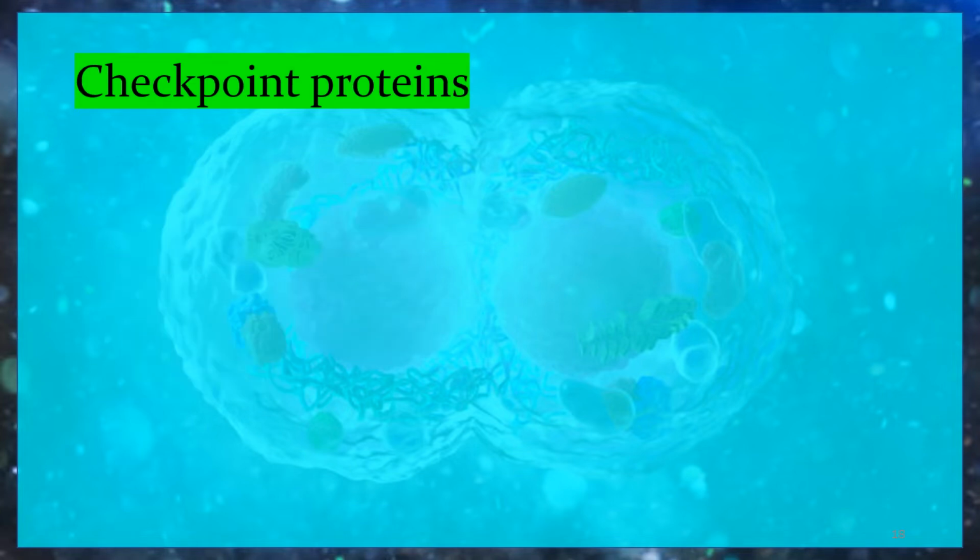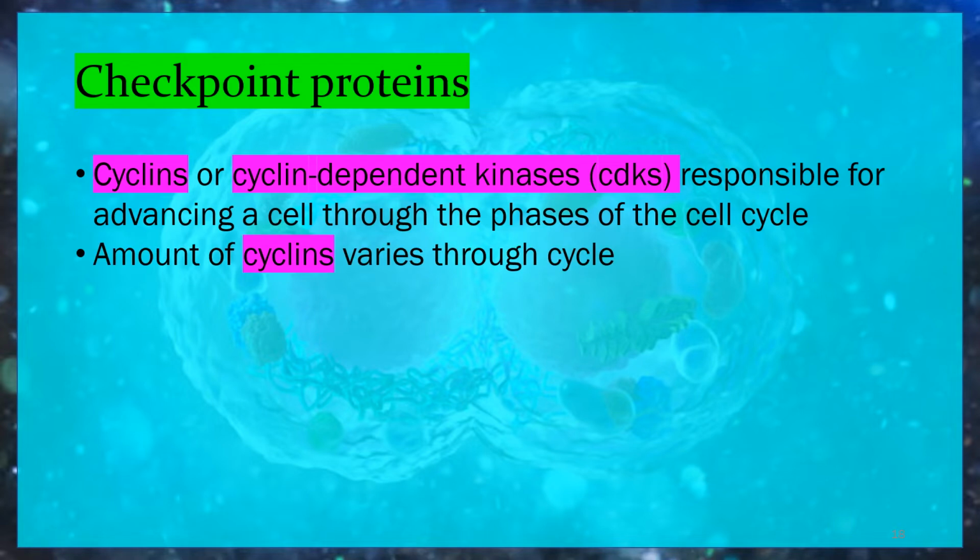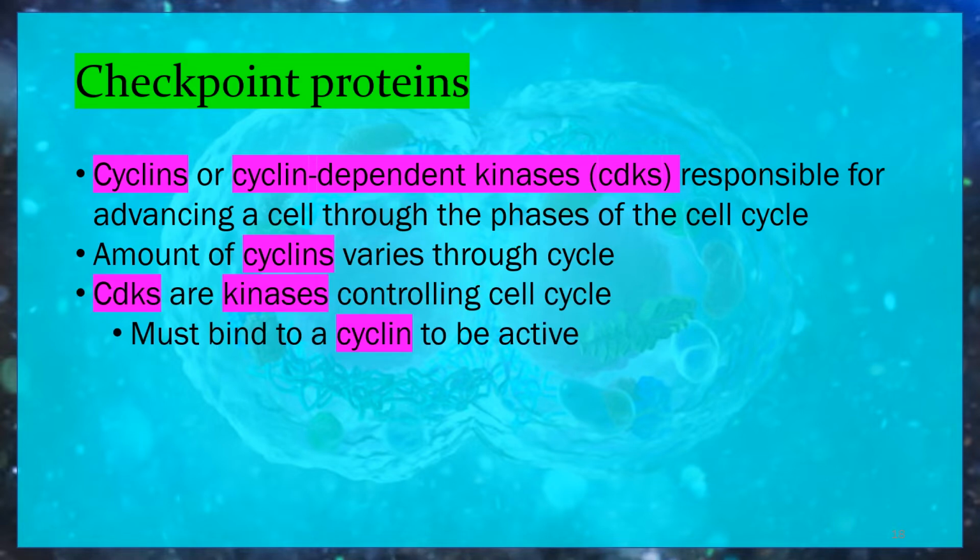Those checkpoints, we have what are called checkpoint proteins. These are cyclins or cyclin-dependent kinases, or CDKs, and they're responsible for advancing a cell through the phases of the cell cycle. The amount of cyclins varies through the cycle, and these CDKs are kinases controlling the cell cycle, and they must bind a cyclin to be